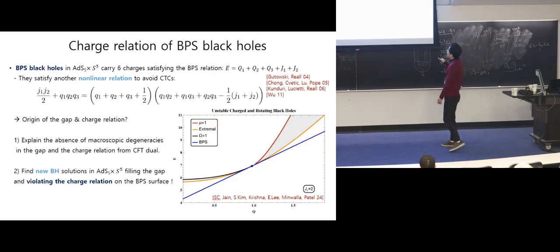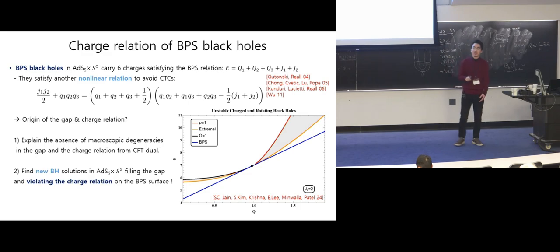You can see that there are no supersymmetric black holes except for this point on the BPS surface. And furthermore, you can see that there is a gap between extremal black holes and BPS black holes. And also, this gray region is where the nearly extremal black holes suffer from dynamical instability due to superradiance. So you may ask, what is the origin of this gap and this charge relation of these supersymmetric